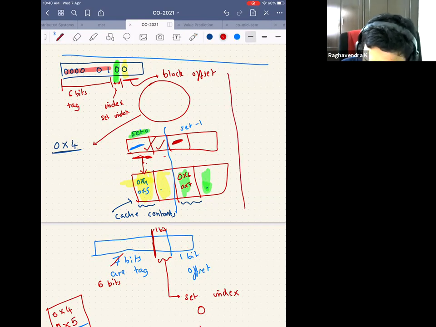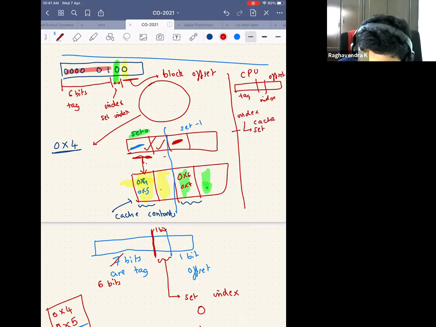So what am I saying? When the CPU generates an address, this address has tag, index, offset. I use the index bit to go to a particular cache set. There are two sets in this example.